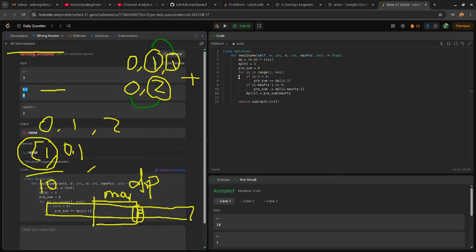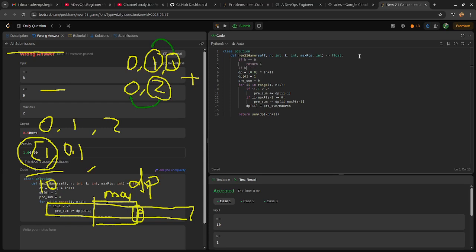Wrong answer. K equals 0. There's a special case. Once k is 0, then it's 100%. Another special case is k